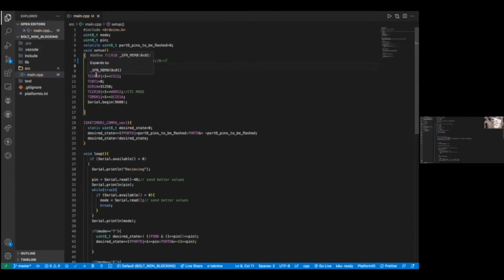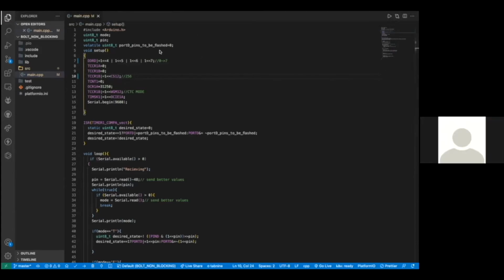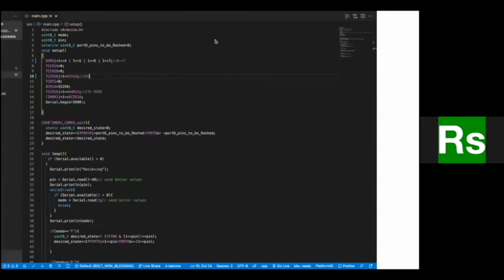Next we set the CS12 bit on the TCCR1B register to 1, so that we get a prescaler of 256, right? I hope it's visible.